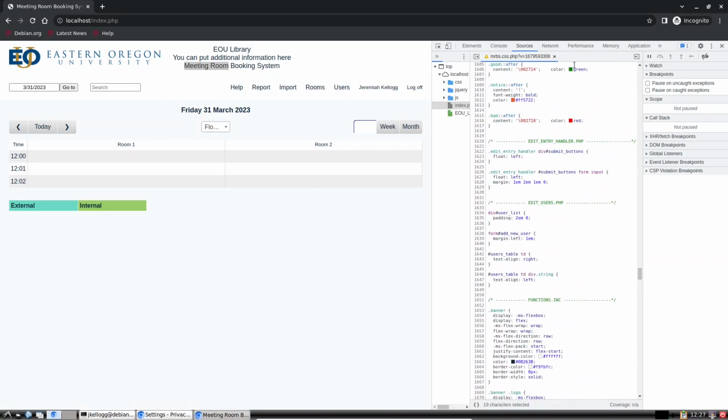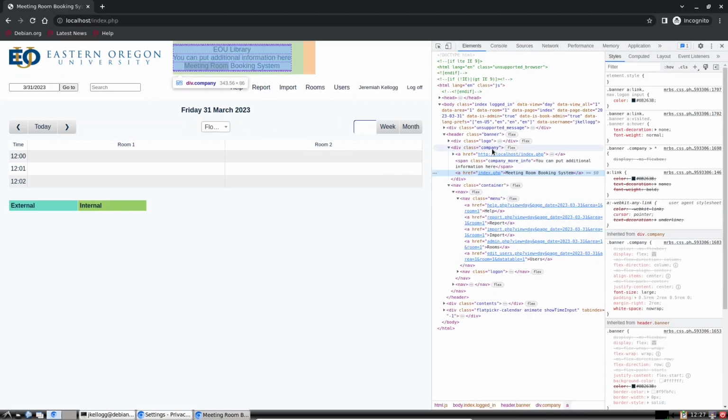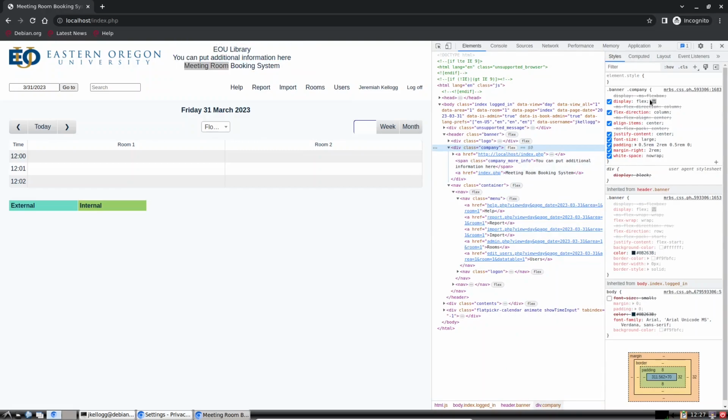Okay, how do we go back? I'm not sure how we go back. I'm going to have to restart. Inspect. So it looks like there, and this banner. So it is our CSS